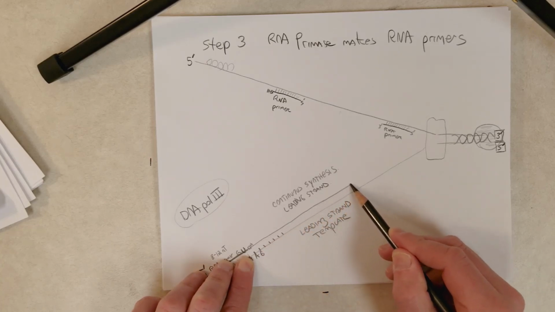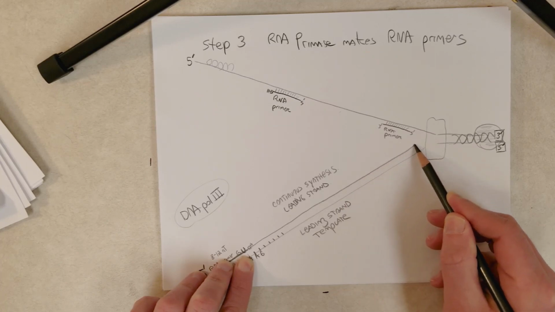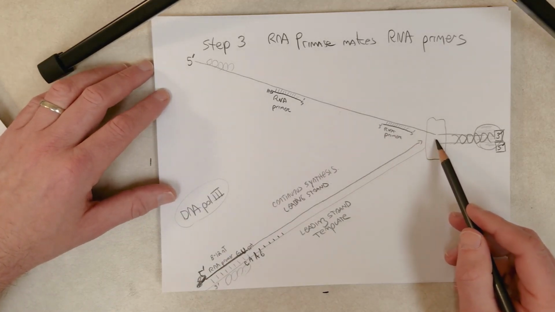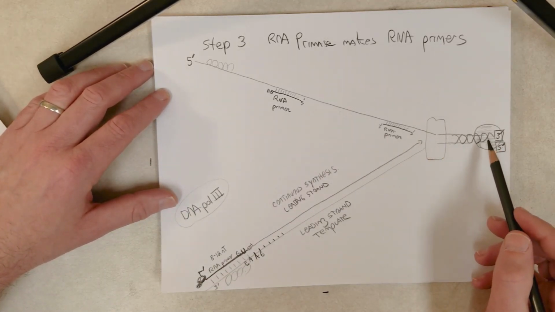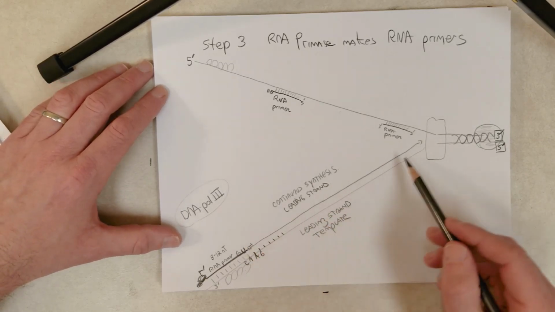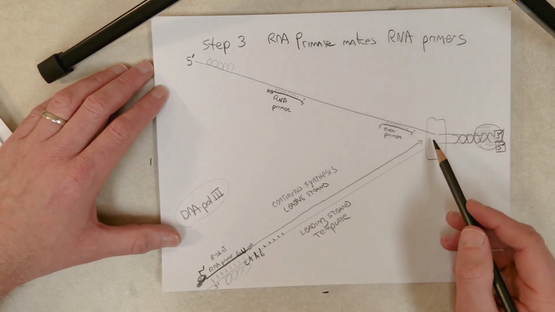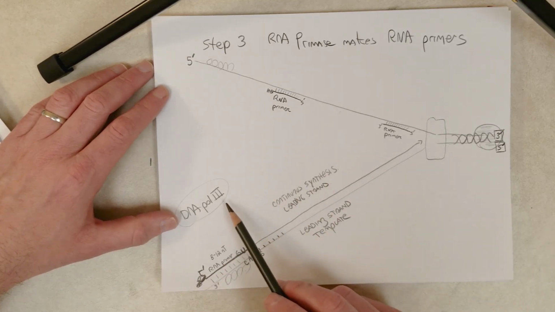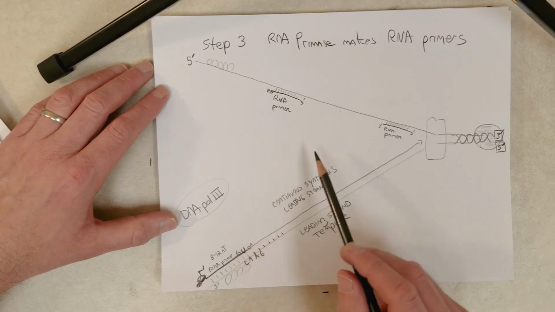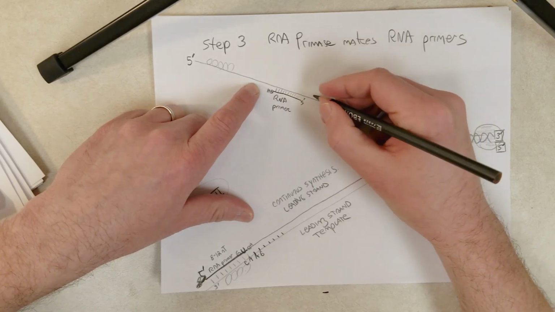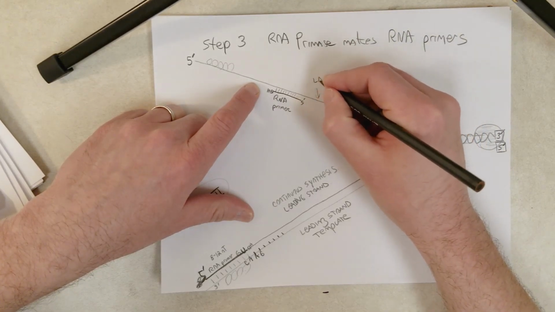And what it can do is follow the replication fork. So DNA polymerase 3 can follow right behind this helicase here, and it can just follow the replication fork. It never needs to stop synthesizing DNA because the replication fork is moving in the same direction as the DNA polymerase. And if that's a little confusing, you might understand it a little better when we consider this other strand up here. So this other DNA strand, we're going to call this the lagging